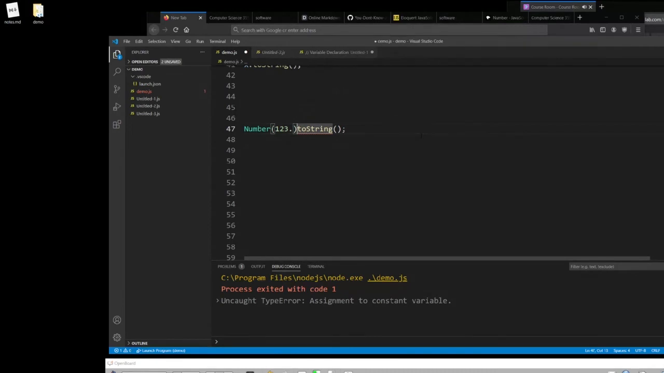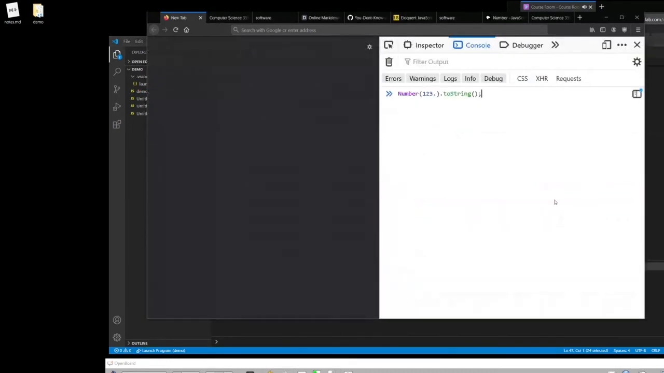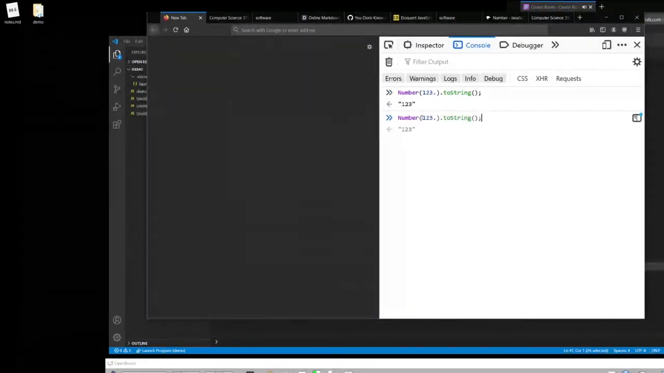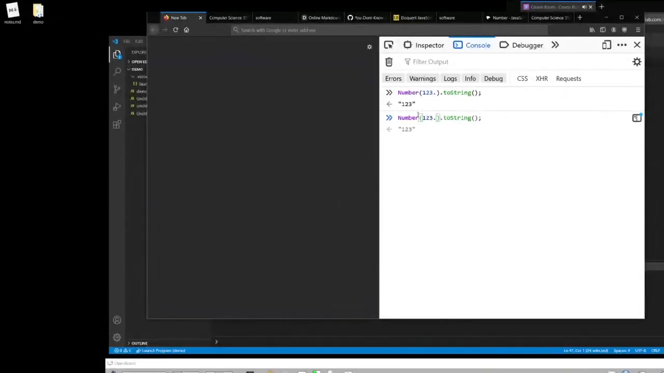Now, how do I fix this? I add a dot. Now this works. But now a different question that should arise in your head is, how does this look without this wrapper? It's 123 dot dot toString. Will this work? And the answer is yes. So this is some weirdness in JavaScript. You cannot do 123 dot toString, but you can do 123 dot dot toString, because of how the